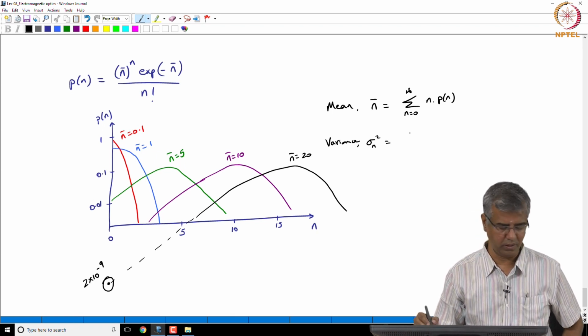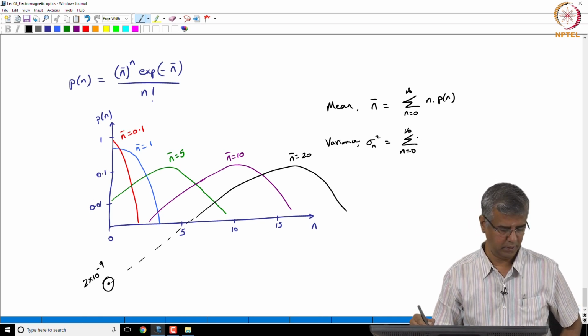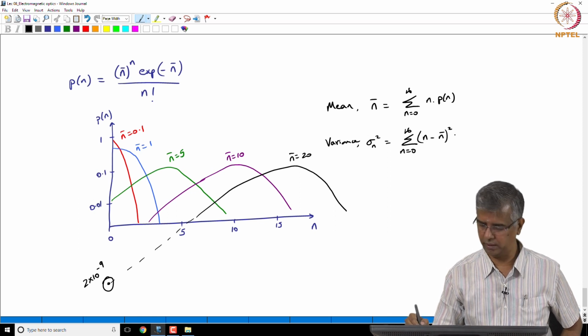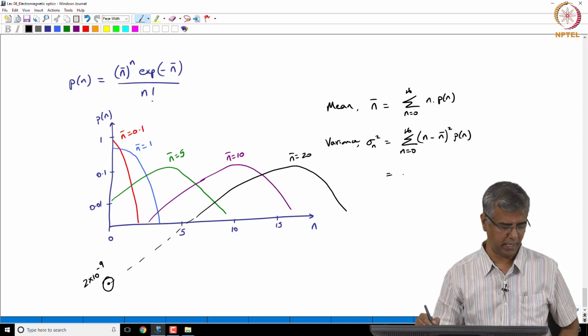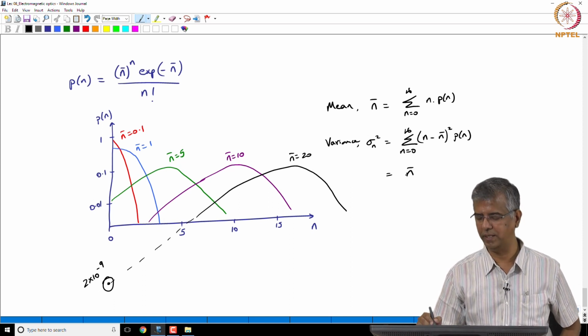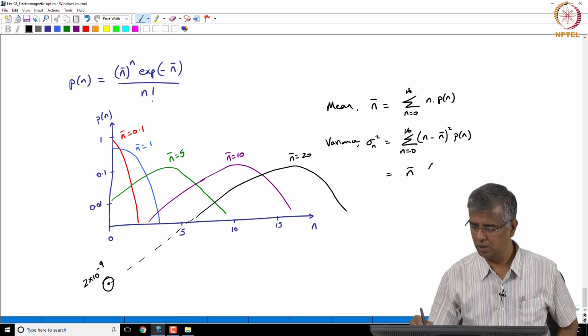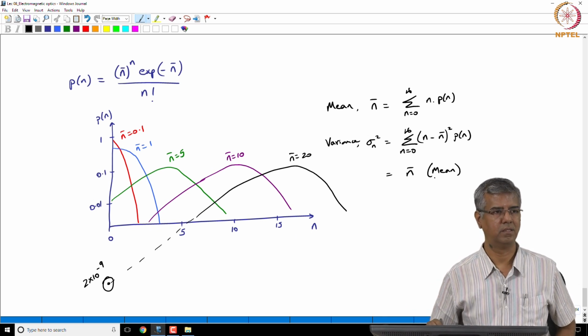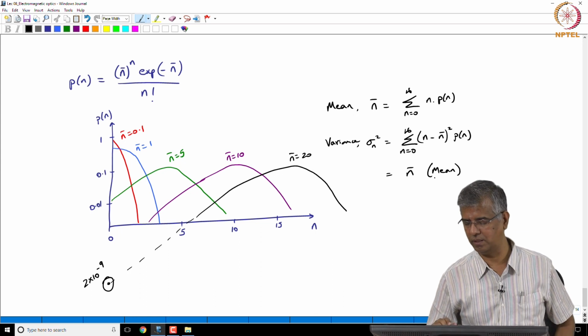The variance for a Poisson distribution works out as the sum from 0 to infinity of (n minus n bar) the whole square times p of n, and if you compute that, interestingly what you find is that it corresponds to n bar itself. So, the mean and the variance of a Poisson distribution are the same. Okay. So, that is an important